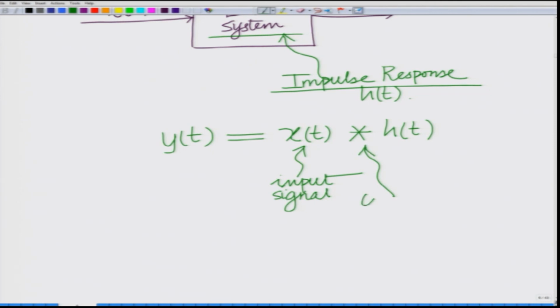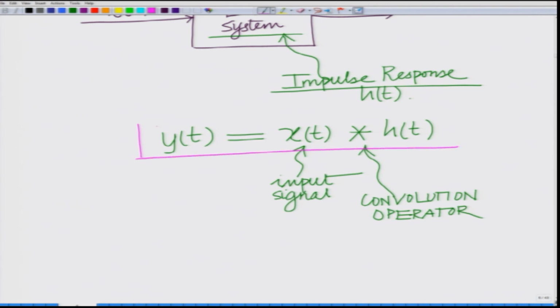This is the convolution operator. y(t) is x(t) convolved with h(t). Therefore, if I know the impulse response h(t) of the LTI system, that completely characterizes the LTI system. For any arbitrary input signal x(t), the output y(t) can be derived by convolving the input x(t) with the impulse response h(t),